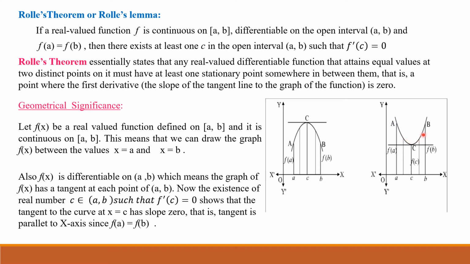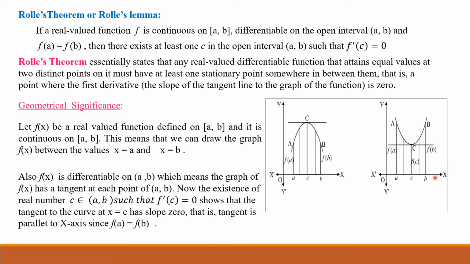Suppose here is a function f of x. Suppose curve in this way. In the interval ab, values of the point a and b are f of a and f of b. The tangent is at a point c. Here is tangent at a point c to the curve. The point c in between a and b, that is f dash of c is 0, means here the tangent